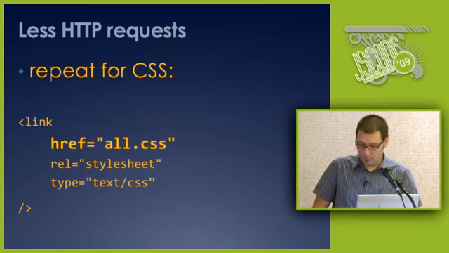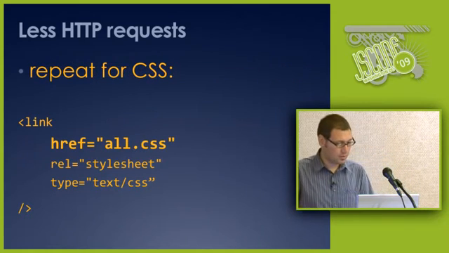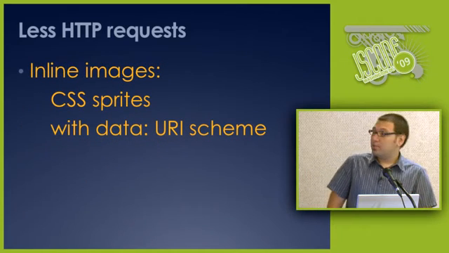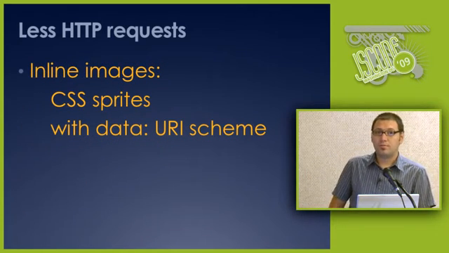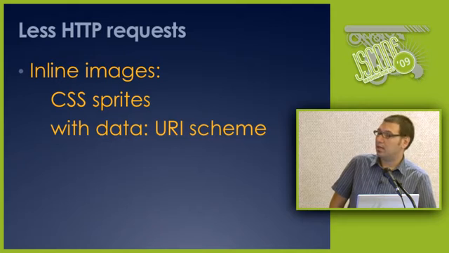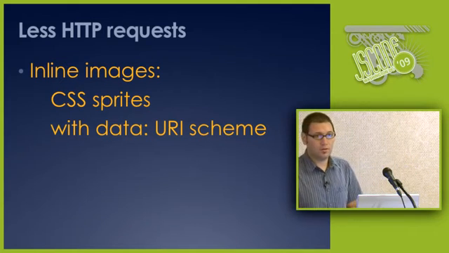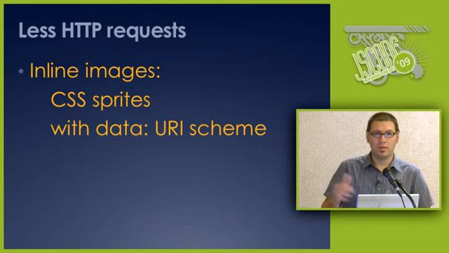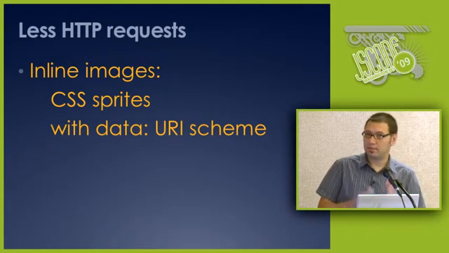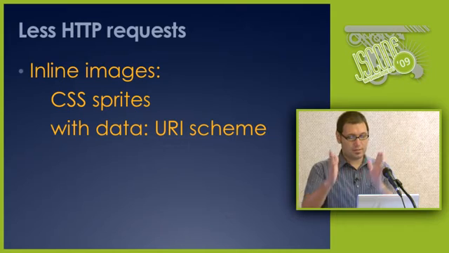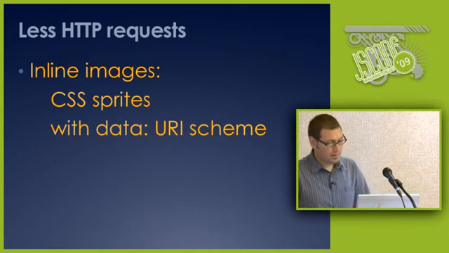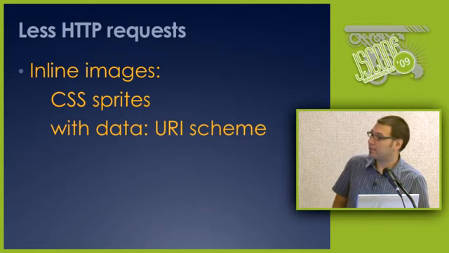Then you just do the same thing for CSS, right? For the images, use CSS sprites for background images. Basically the rule is anything you can go without, like decoration images, backgrounds, rounded corners, and whatnot, put those in a sprite, in a single image, and then use CSS positioning to just show part of that image. And you can also use the data URI scheme,